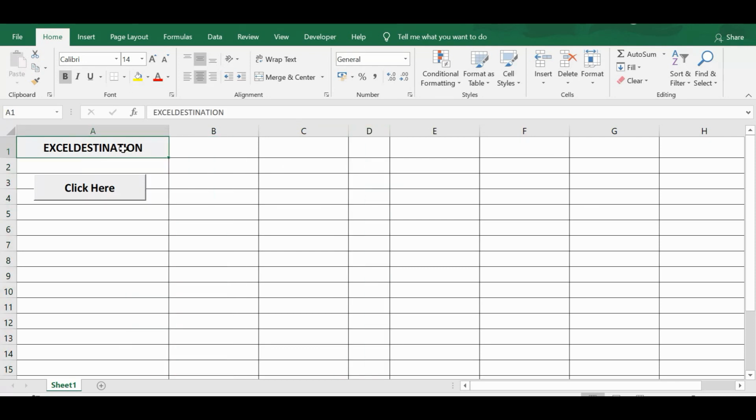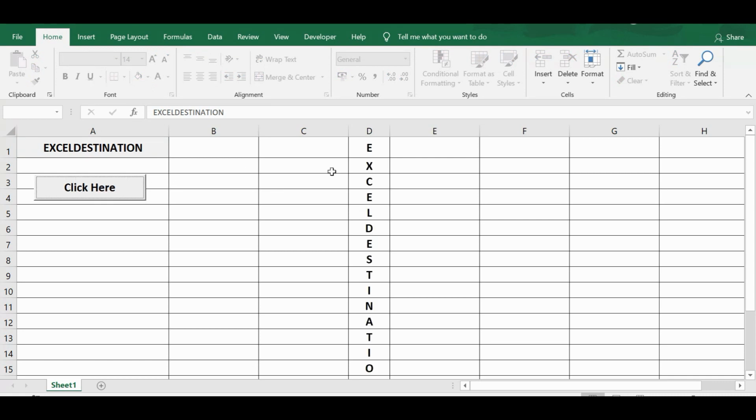So I have already developed some VBA code that I have written on the click event of this command button. Once I click here, what this command button is doing, it will segregate each character that is part of cell A1. This is just for example. We can learn within this example how we can evaluate or check each character and then utilize those characters. We can arrange those characters according to requirement. We can do data mining. We can segregate text and numbers also.